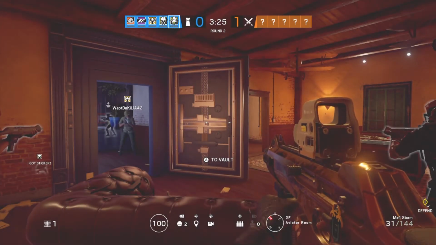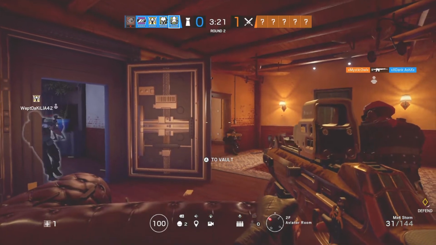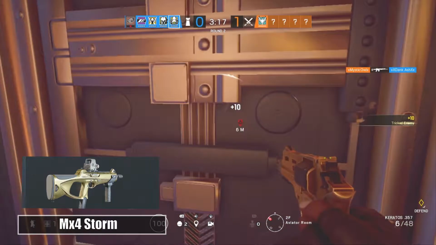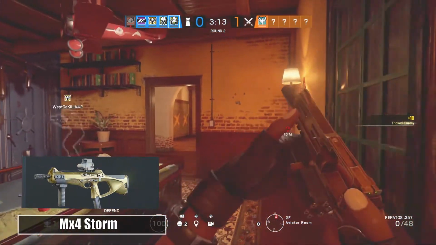And today's operator guide will be on the new Italian operator, Alibi. Now for Alibi's primary choices, she does have the MX4 Storm. This weapon does have a really high rate of fire. Now this gun does have a good amount of recoil, but the pattern's pretty predictable, so it's not that hard